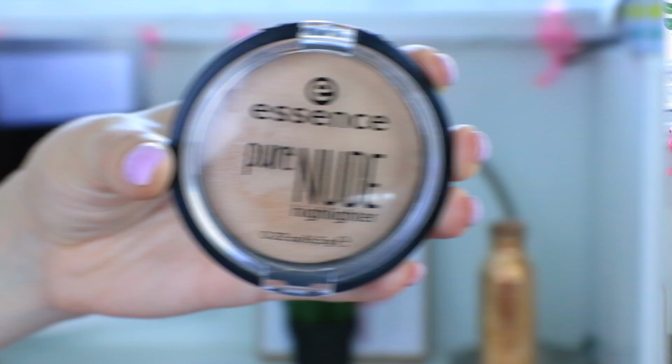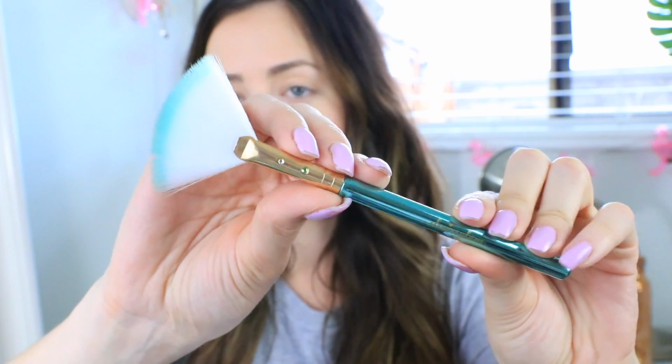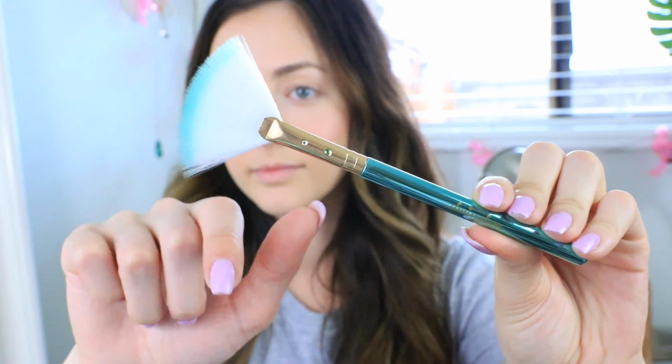It kind of does it for you, and I like to apply most of it on the apples of my cheeks and then sweep it out towards my ear, kind of on the top of my cheekbone. And I really like blushes with shimmer in it because I think it's just really pretty and glowy. And if you do want to highlight, I again suggest something quite natural,